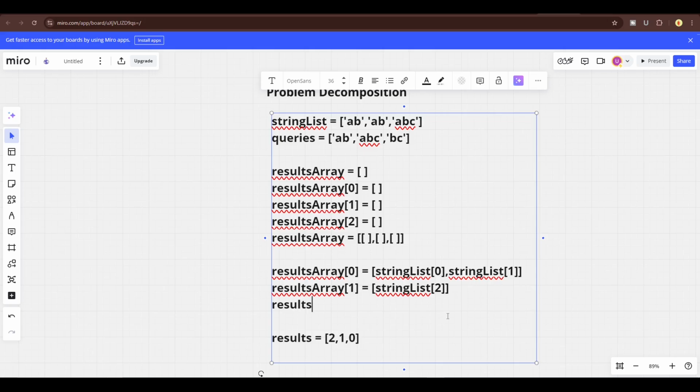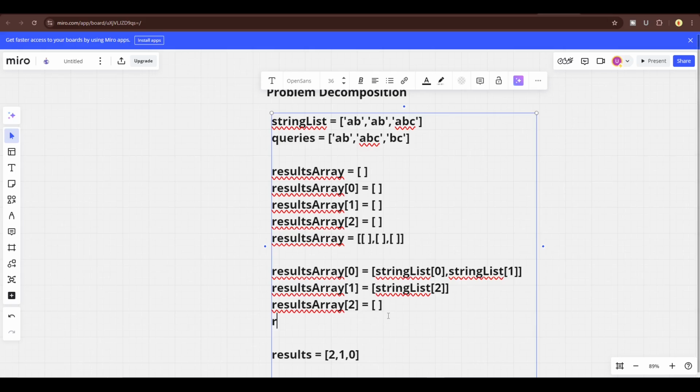Now results array, its index of 2. As we are checking for BC, how many times did BC appear? No, BC did not appear at all. So this remains an empty array. So now what have we achieved so far? We've achieved that results array is now equal to